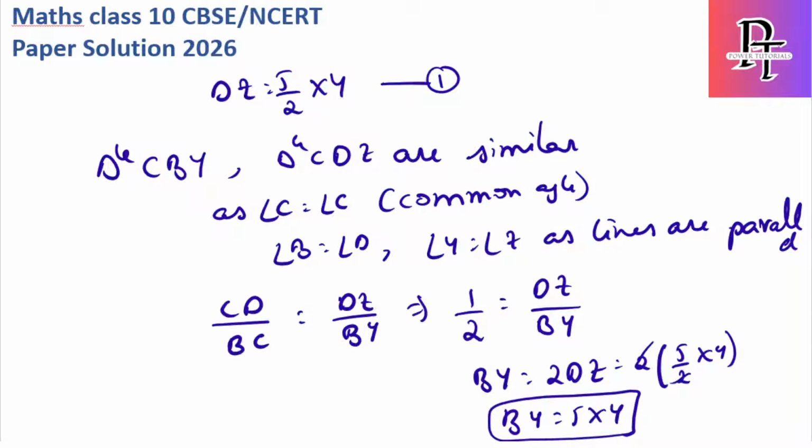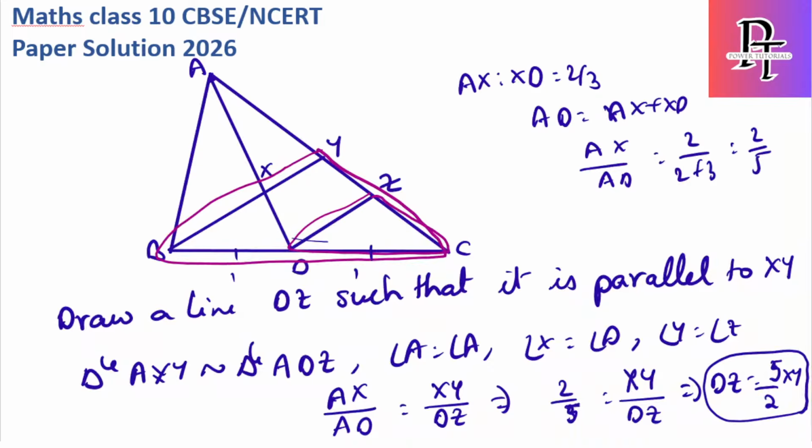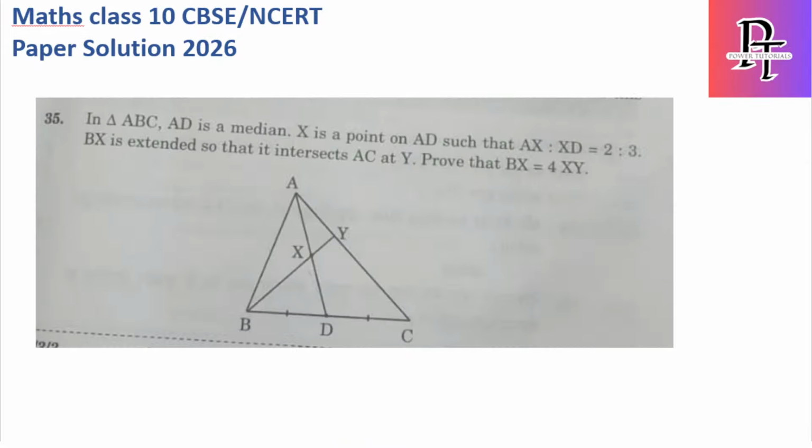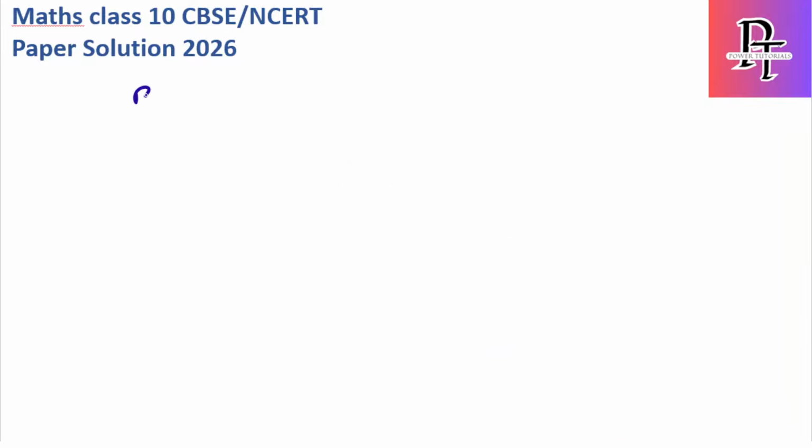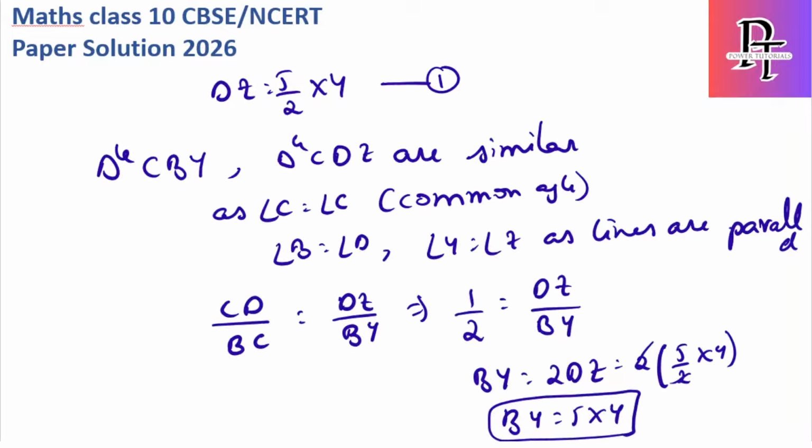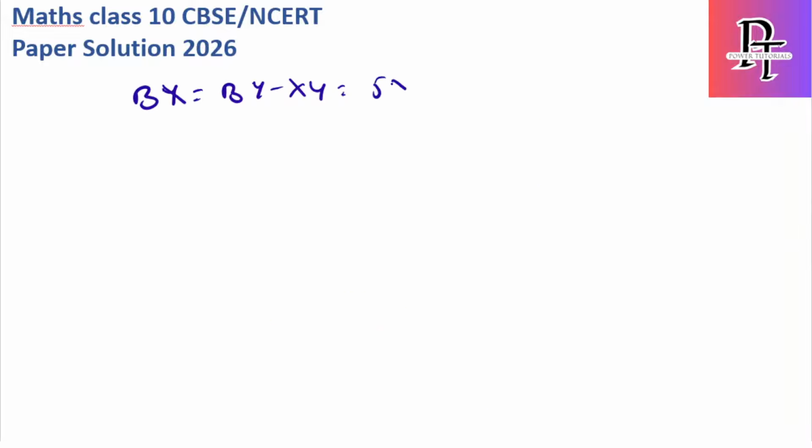Okay, but they don't want BY, what they want in the question? The question they are asking is BX to be 4XY। तो यहाँ हम BY लिख सकते हैं, BX is equal to BY minus XY। So BY how much we got? BY we got it as 5XY। तो 5XY माइनस XY हो जाएगा, मतलब टोटल फाइनल आंसर 4XY। तो इसलिए वो फाइनल कंक्लूजन BX is equal to 4XY।